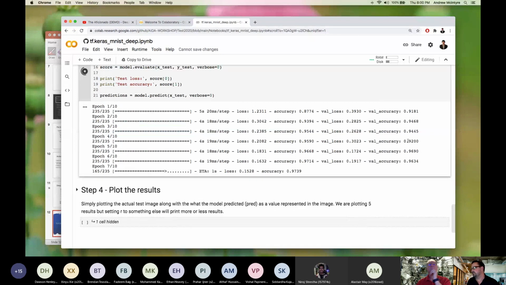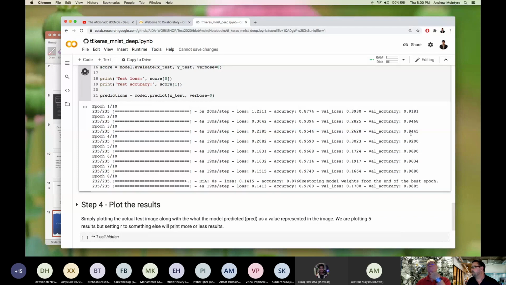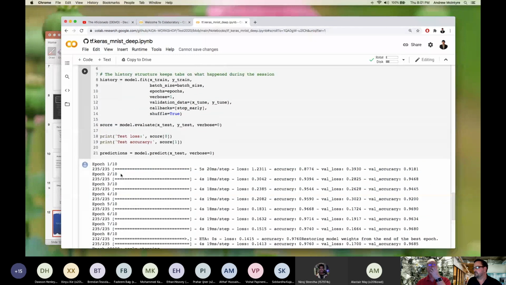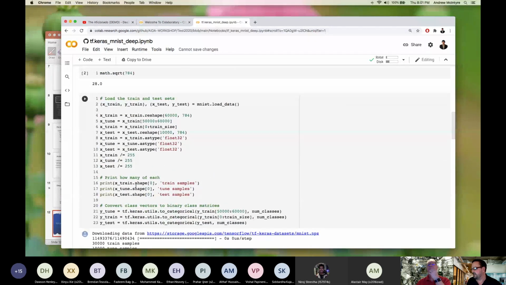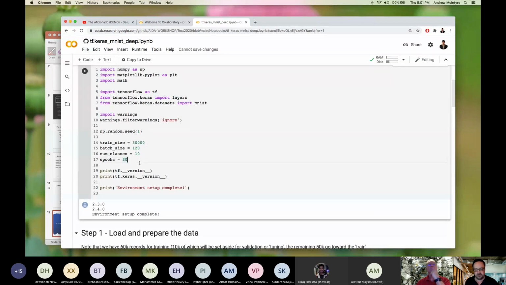So the validation accuracy is being reported here on the right. And you're wanting to see it continually go, I guess, up. Yeah, I'm thinking of the other way around. But up, obviously, since 1 would be perfect. And at epoch number 8, we've already hit the early stopping. And if you're doing this along with me, you'll probably notice that yours didn't stop at 8. It might have gone on to 10 or 15 or something like that. The other thing you want to make sure is that you've got enough training epochs in here. Where was that? I also found that you might want to turn this up to like 30. Since you have early stopping, you don't have to worry. It will hit the brakes when it needs to.